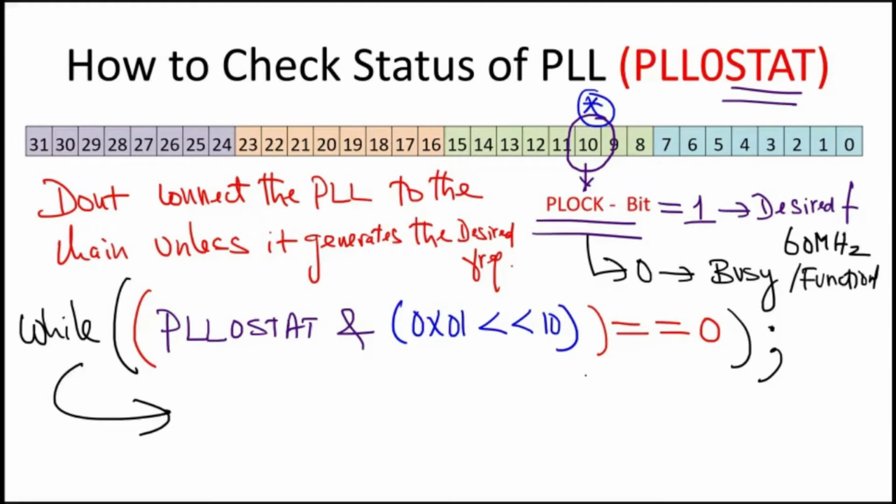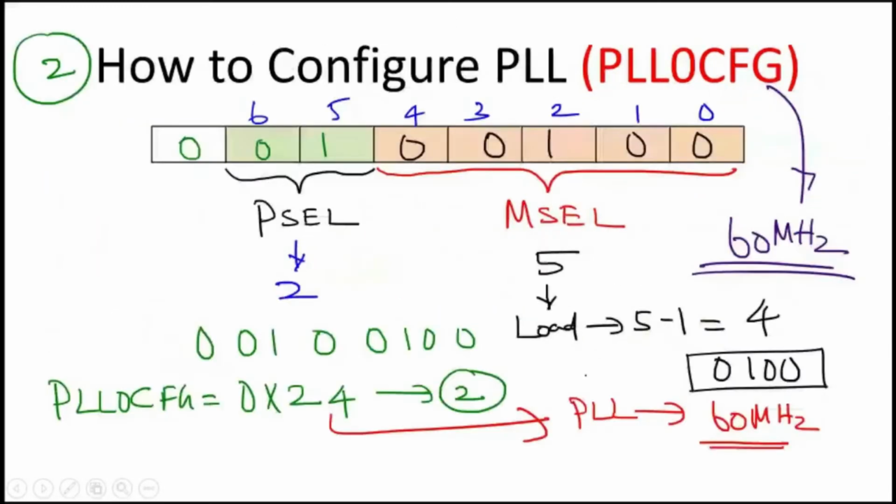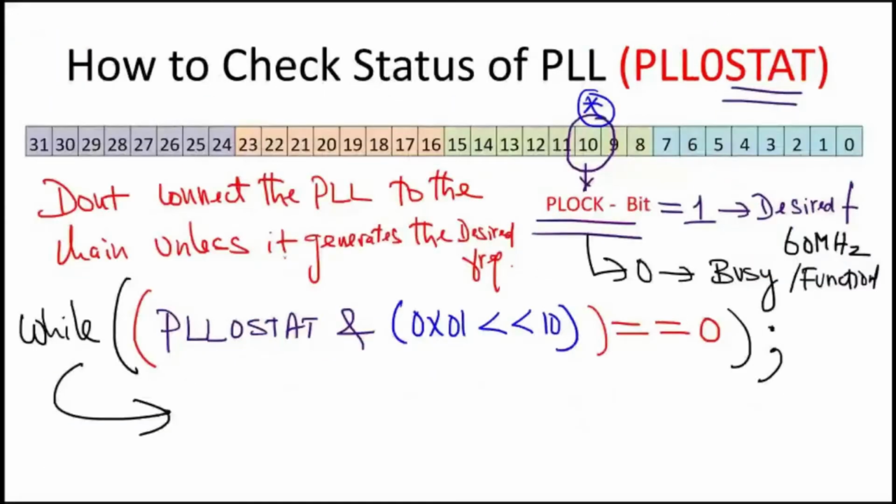What do you mean by a dead trap? The processor will never come out of that statement. That is where you get permanently stuck. So I have told you many times, never go into these kinds of infinite loops without doing the initial mechanism properly. When do I go into this kind of condition checking? Only after initializing the PLL with appropriate values of the PLL configure register. Only then will the PLL start generating the 60 MHz. Then there is a point in going for this infinite while loop conditional checking.